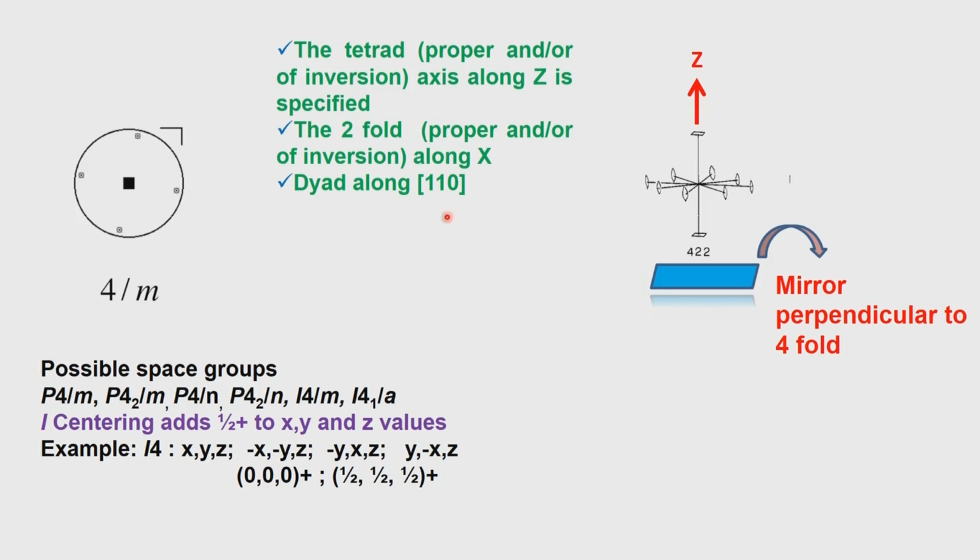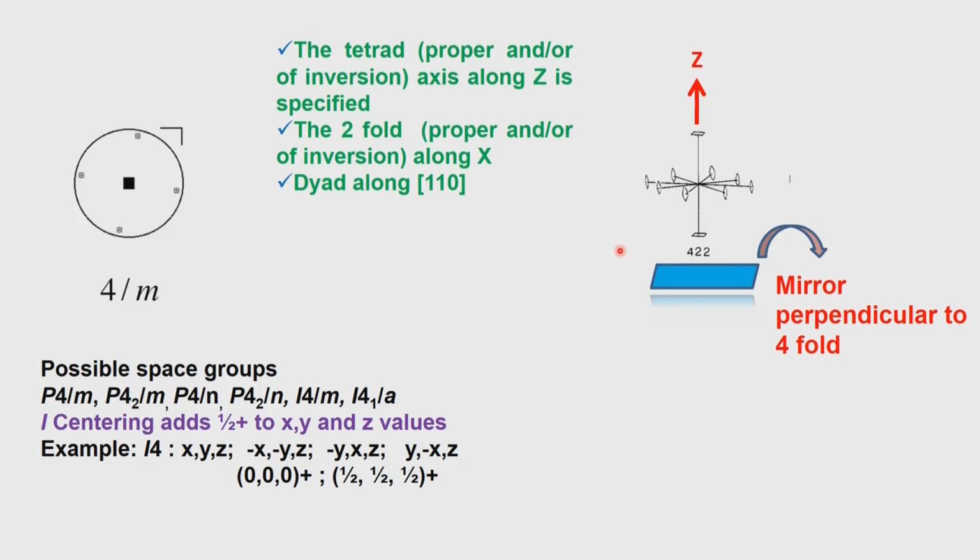See, the directions in crystal systems are normally given by 1 1 0. In fact, we are going to discuss that in the coming classes or in an assignment later on. So, 1 1 0, if we show it in square brackets, it represents a crystallographic direction. So, 1 1 0 is a direction which is 1 unit along a and 1 unit along b. So, 1 1 0 therefore is the direction about which the 2-fold axis gets represented in this case. So, we can have 4 by m and the possible space groups are written here, and this is an illustration which shows how the mirror plane can be perpendicular to the fourfold axis.